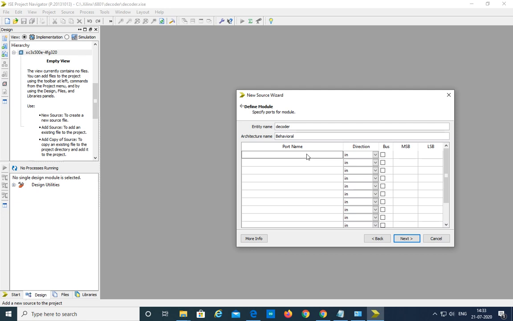Let us consider the input A, B, C. I am defining it as a bus 2 down to 0. What is the meaning of this? A contains a of 0, a of 1, a of 2.